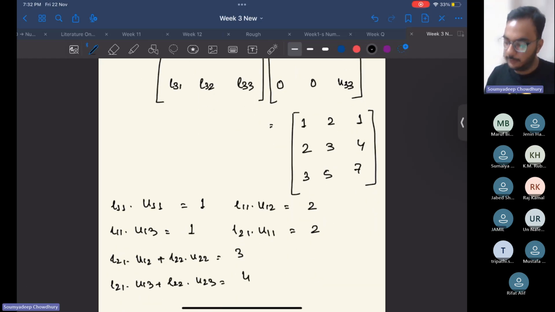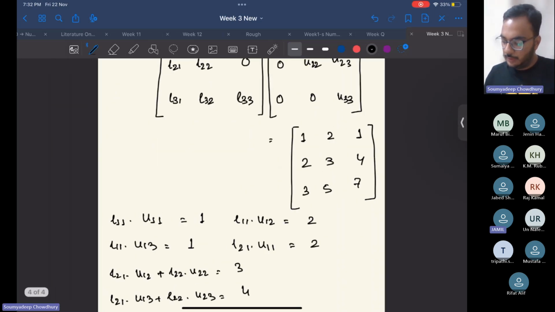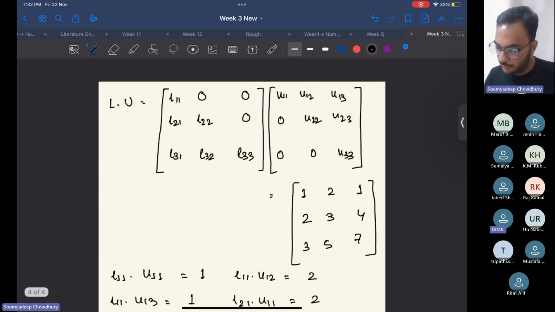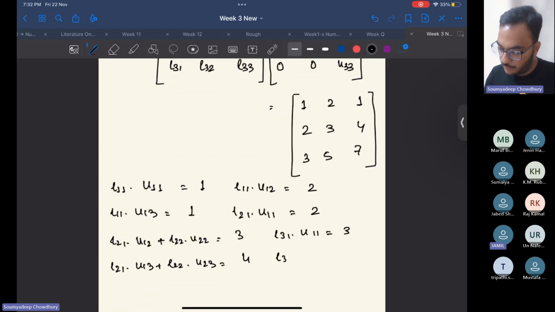That is equal to 4. Last one we have L31 into U11 equals to 3. Then we have L31 into